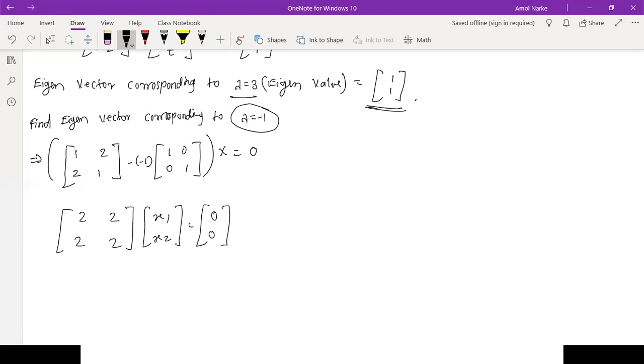Is this okay to everyone? Yes, sir. Now you can see a 2 by 2 system is there. That's why you are getting 2, 2, 2, 2. Very simple. But when we have 3 by 3, 4 by 4, the calculation becomes more difficult. So you can easily solve this one. Tell me what the eigenvector is. I can solve here in rough work.